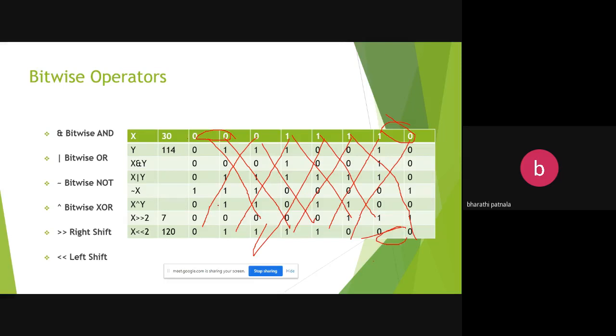Whatever data it contains, the vacant positions will be filled with only zeros. At that time, the value will be changed to 120. Okay. So in left shift, the value will be increased. In right shift, the value will be decreased.